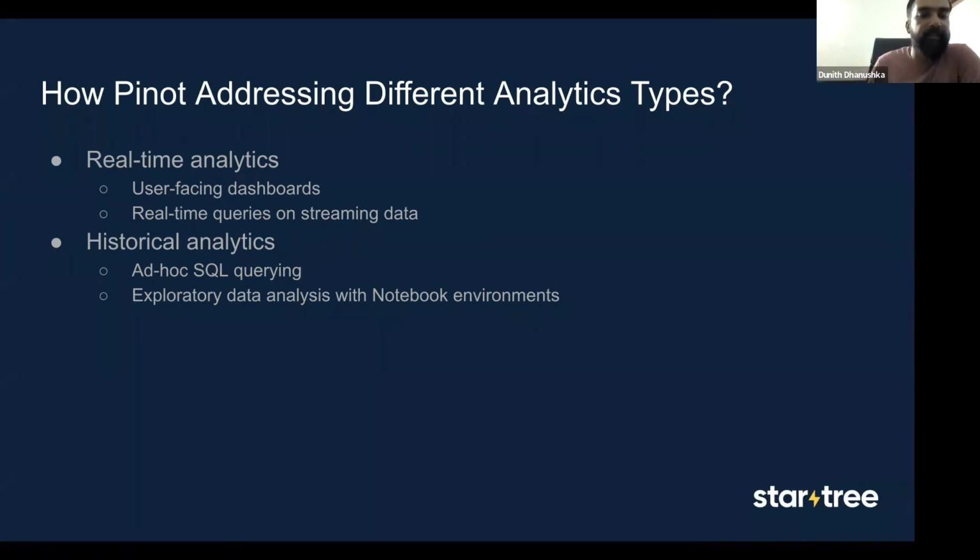Also, you can run real-time queries on streaming data. And then Pinot allows you to do ad hoc queries on streaming data. So you can issue complex SQL OLAP queries on this historical data as well.